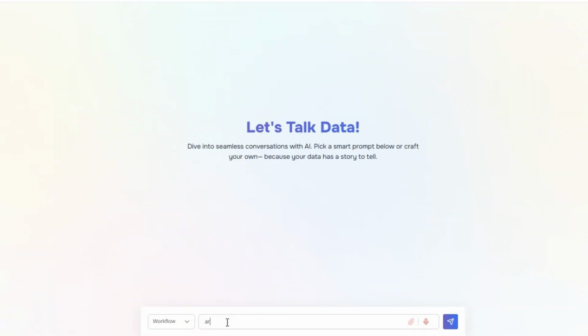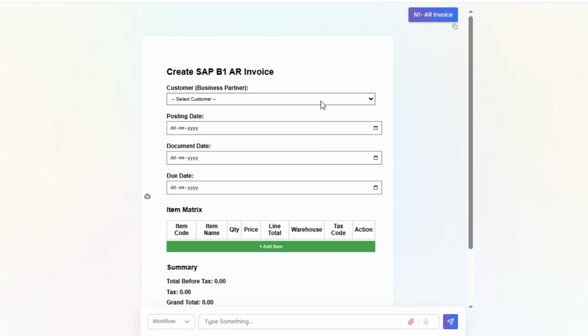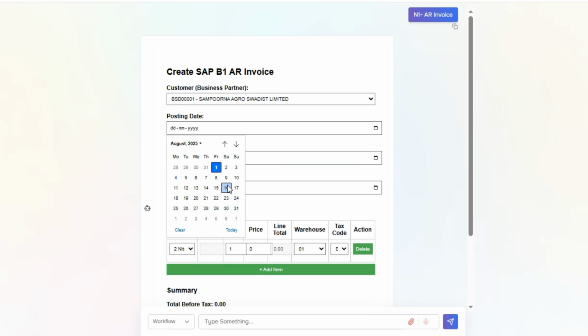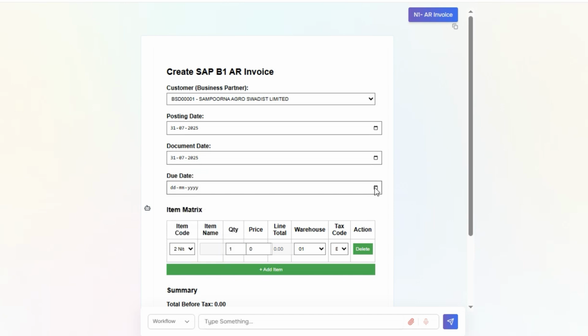The user logs into AgentSphere and enters or selects a prompt to create an AR invoice. The process begins with selecting the customer. The user then chooses the posting date using the date picker. Next, the document date is selected, and finally, the due date is chosen, which serves as the delivery date for